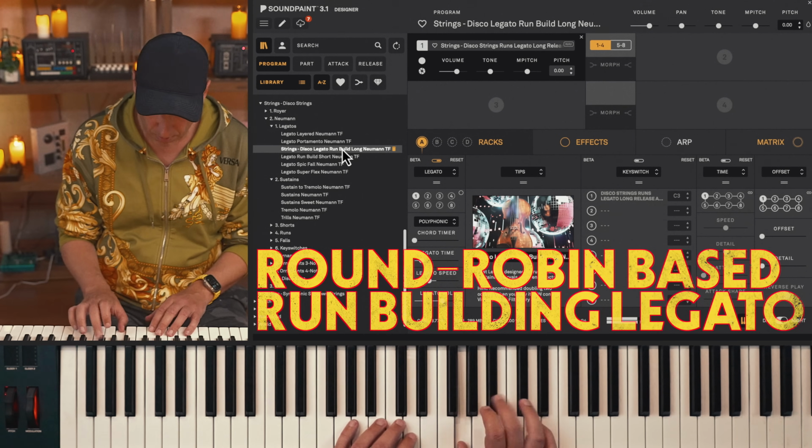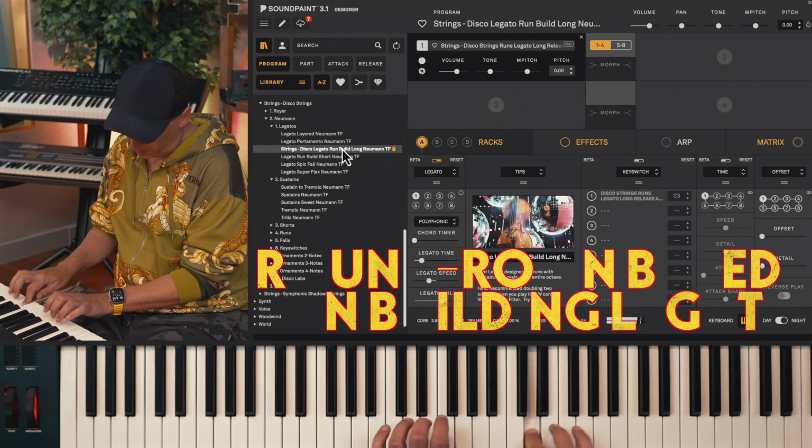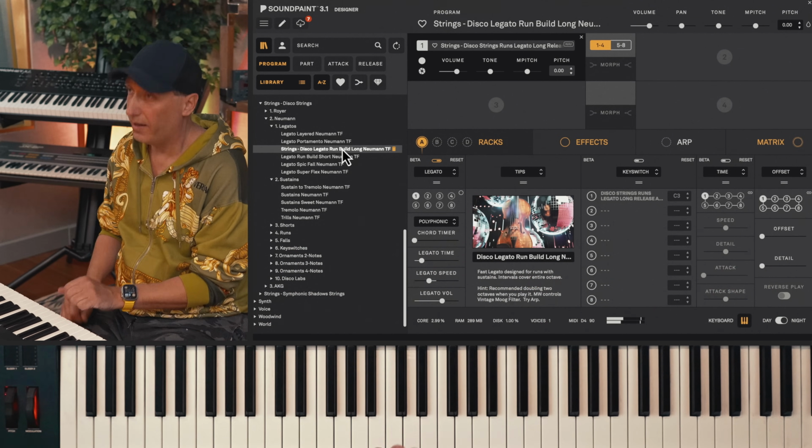Disco strings to me is often about writing very nimbly and fast, sort of like run building qualities. We have that in the legatos and we have it in different ways. This is a run building legato designed for very fast and acrobatic playing, but we still have a sustain on the end note. I'm going to show another one that does not have a sustain for particular reasons, but this is sort of very fast traditional legato. Very fast, very nimble. It's really good playing it in octaves as well, particularly when we have this sort of high energy. It's quite common in disco string writing that we'll be doubling our octaves.